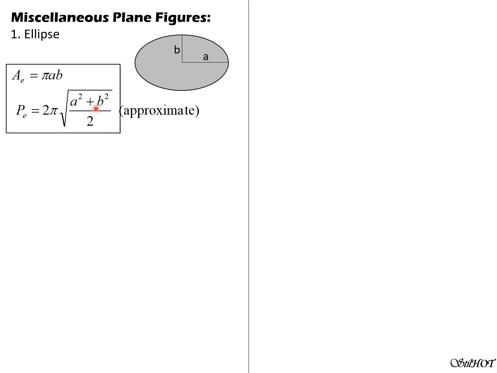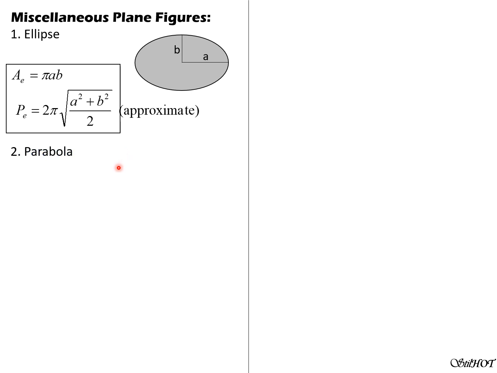You can introduce another term, a middle term. It's like 2 pi. If this is a circle, then r squared plus r squared over 2 is r squared, and the square root of r squared is r. So it will give us the same result. If we introduce another term, let's say the product AB, it will still be approximate but a more accurate formula if the number of terms here is increased to 3. So we introduce AB, then the denominator should be 3. So that's also an approximate formula, but an improved one.